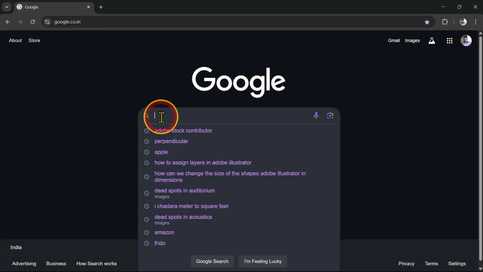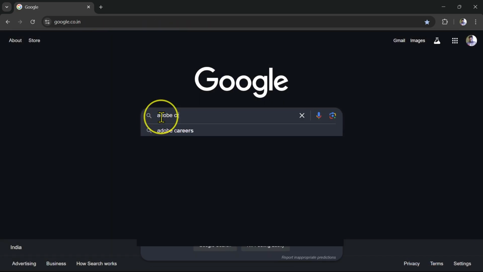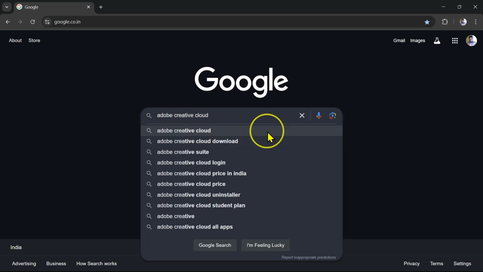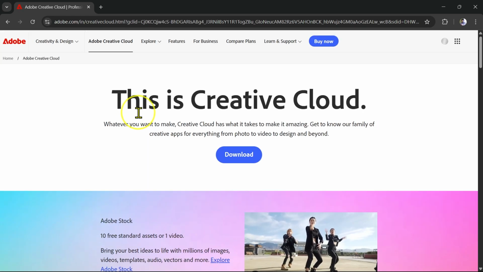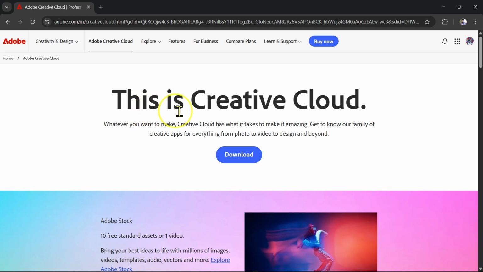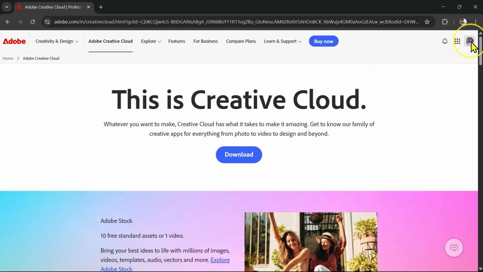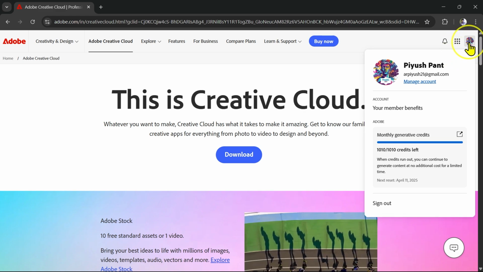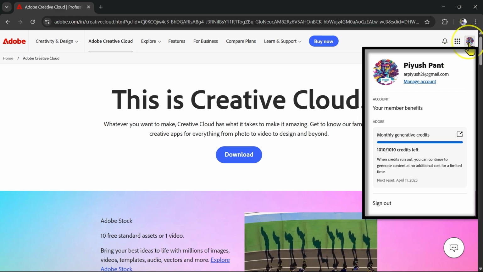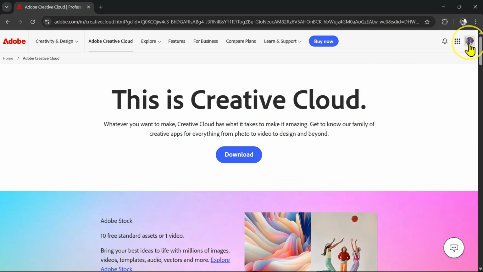Step 1. Search for Adobe Creative Cloud in Google Search or any other search engine. Go to the Adobe Creative Cloud website of your country. You will get a page like this as of March 2025. You can log in with your Gmail account to the Adobe Cloud. As I have already subscribed, it is showing me my monthly credits and membership benefits. You can click the Buy Now button